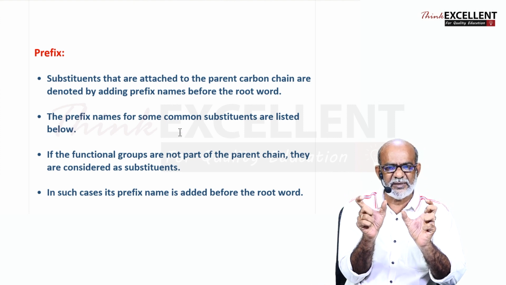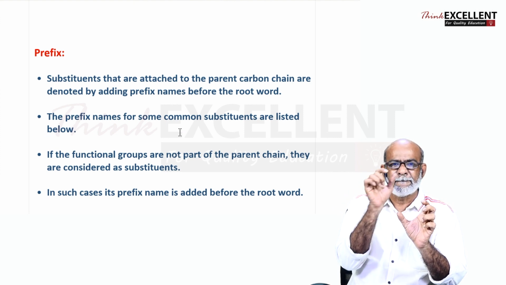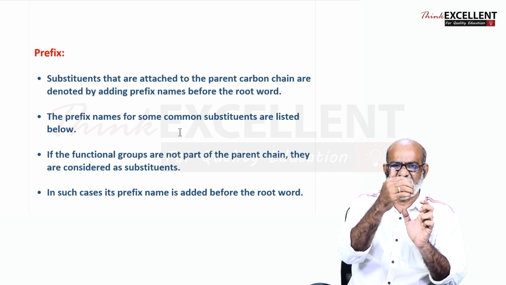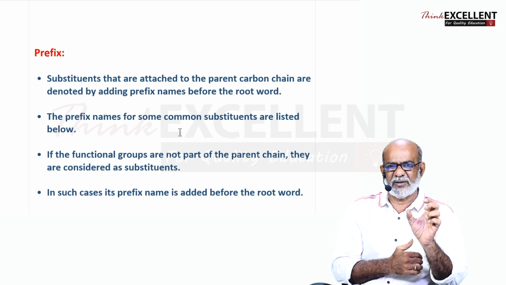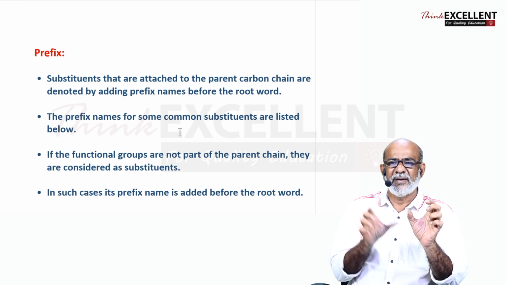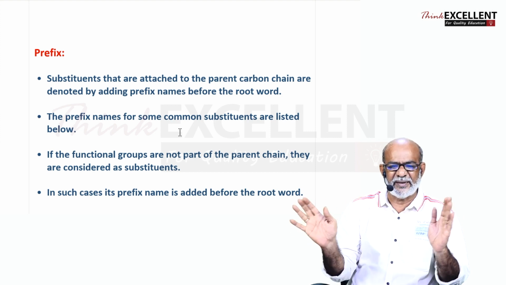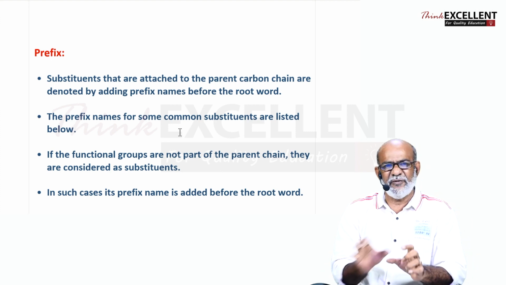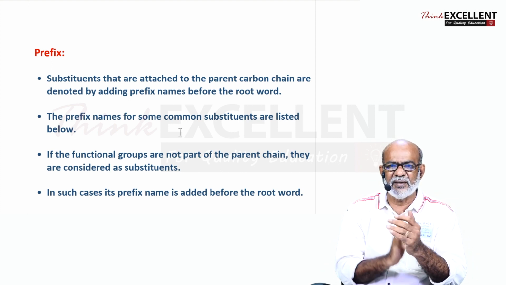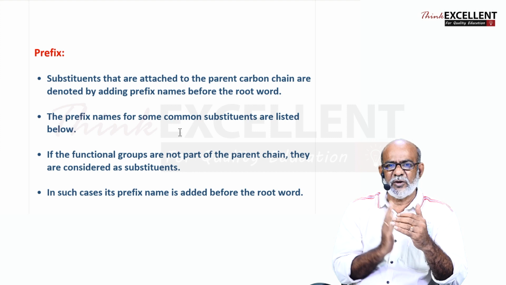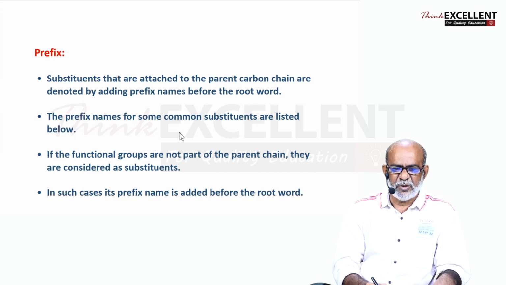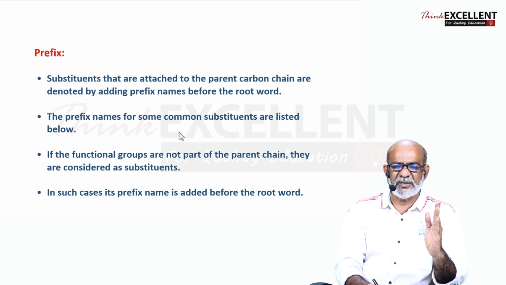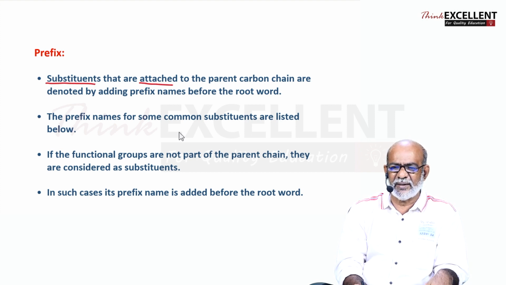Suffix, there are two types. One suffix is nothing but whether it is saturated or unsaturated, with a double, triple or single bond. Based on that, the prefix and primary suffix will come. Next, the secondary suffix depends upon the functional group. Now, what is a prefix? If any branches are present in the longest continuous carbon chain, that comes as the prefix. Any branch is called a substituent, and substituents are attached to the parent carbon chain.